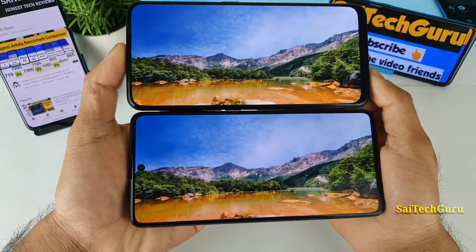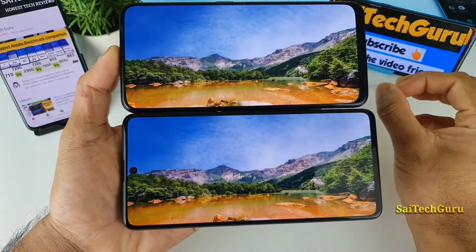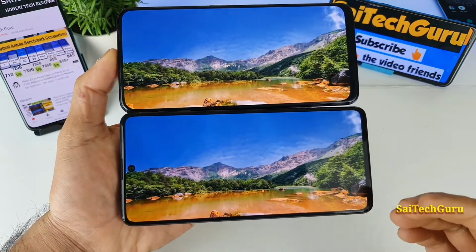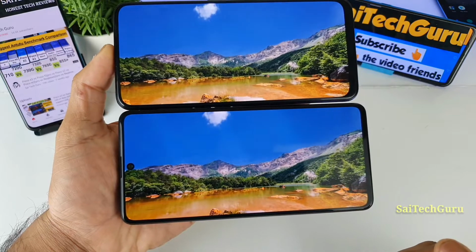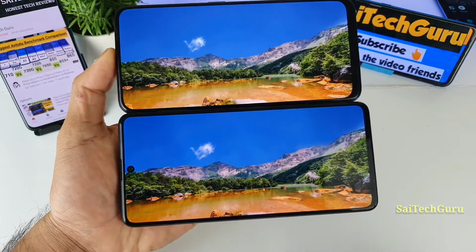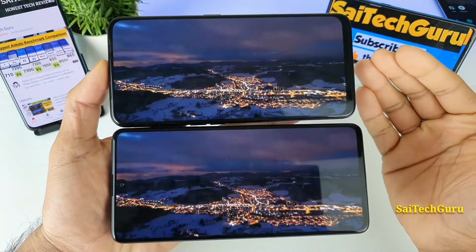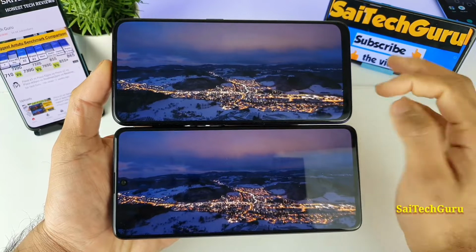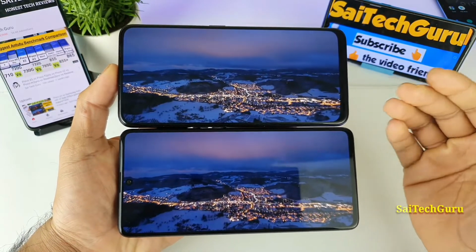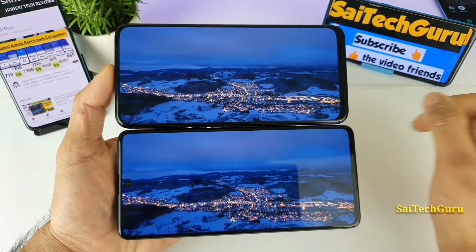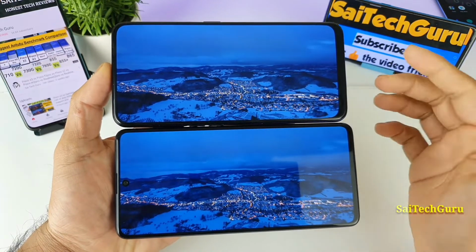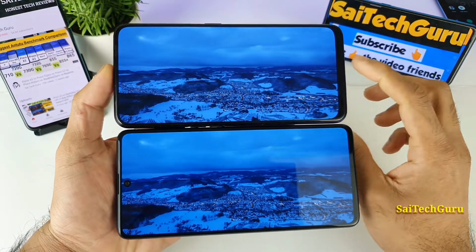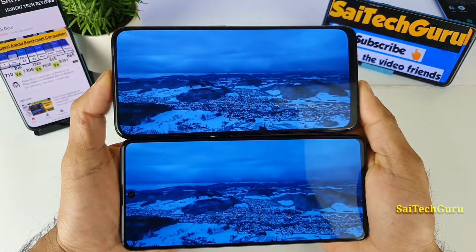If you compare side by side, I can notice only a little bit amount, there is only a little bit more saturation on the Samsung side, but that is not the significant amount of difference which I expected. But overall the Realme X display, even though the phone is 1 year old, still looks pretty good. Even my channel has so many subscribers of the Realme X smartphone, and you don't need to regret buying this phone because of the display. The display is very amazing. This is the only factor which is very good in the Realme X smartphone.